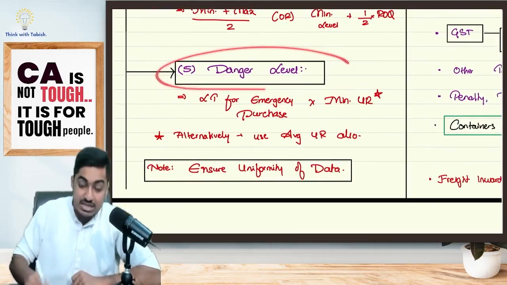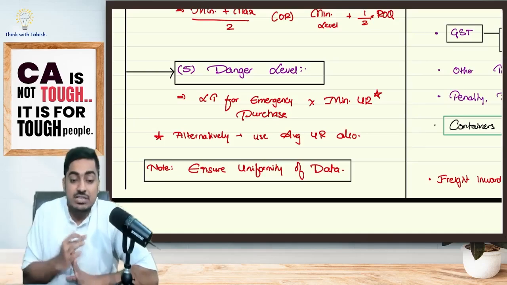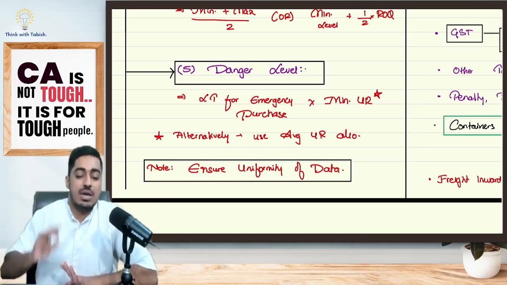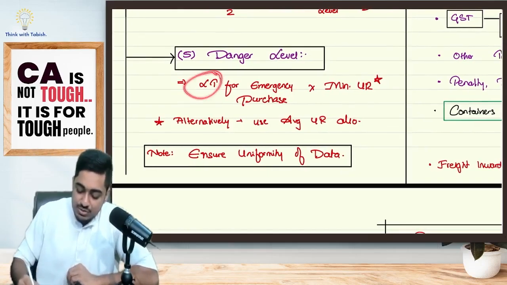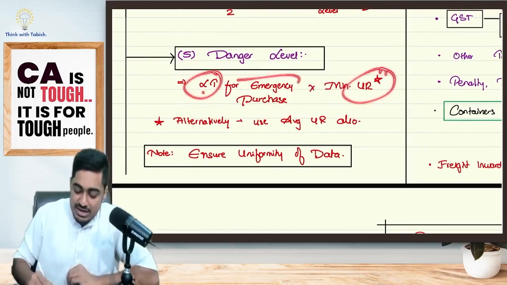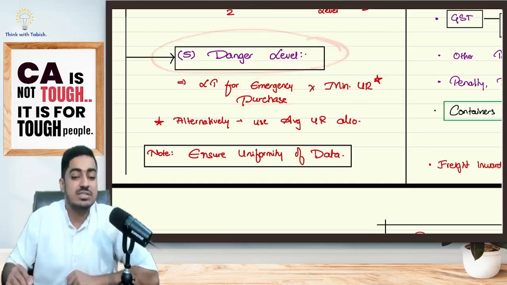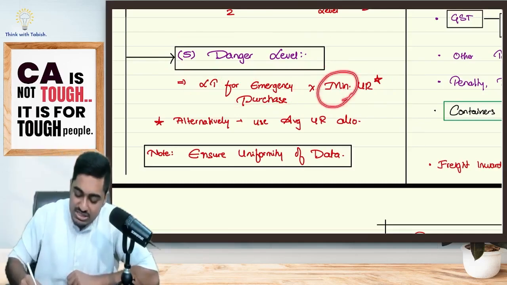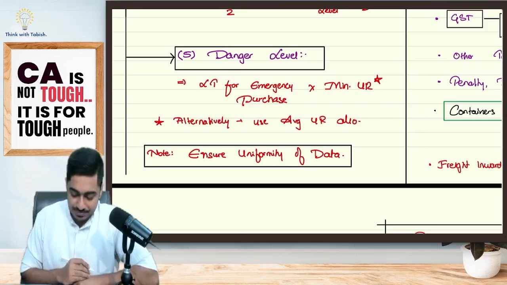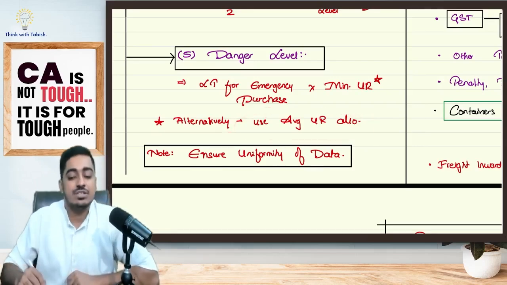Then I'm having my danger level, emergency. I did not place order when I was having reorder level. So I've reached emergency. I have to place an emergency order now. I'm willing to pay extra, but I have to get my goods at the earliest. So again, it is lead time into usage rate. But which lead time will I have to take? I'll have to take lead time for emergency purchase. And tell me, students, it is a case of emergency. During emergency, will I be using maximum goods? No, only the most essential minimum usage rate I will be using. Is this clear? Alternatively, ICAI will sometimes use average usage rate also. Both the things are fine. We'll be giving both the answers.